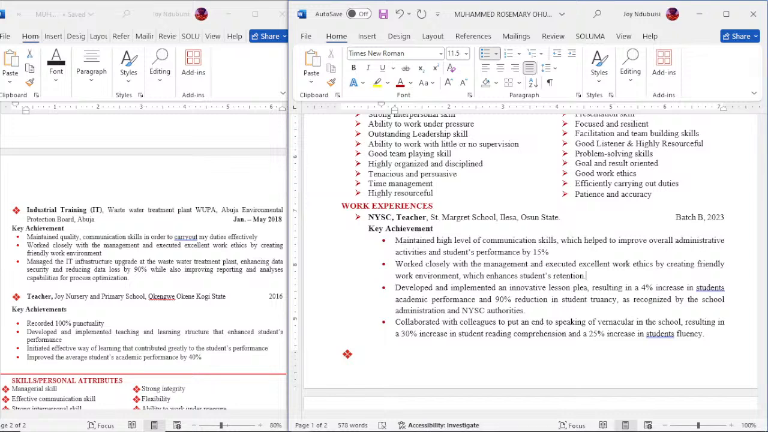What was the stuff it helps the company to achieve? So here: developed and implemented an innovative lesson plan. I don't know whether that is let's say lesson pattern, or lesson plan. Let's say lesson plan,